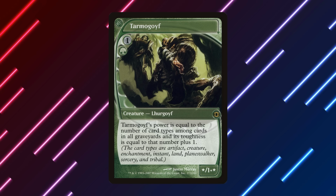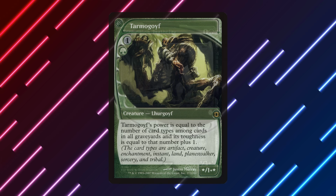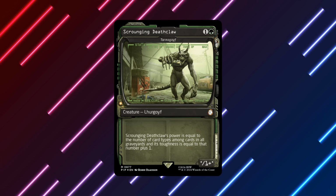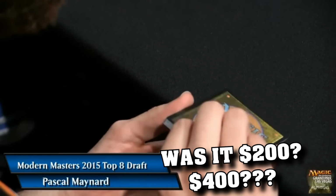Modern Masters 2 dropped. Tarmogoyf got regular reprints in Modern Masters 1, in Modern Masters 2, in Modern Masters 3, and later down the line we also got store promos, Ultimate Masters box toppers, Time Spiral Remastered, and finally Fallout. I mentioned the $200 foil price because Pascal Maynard opened one on camera at Grand Prix Vegas one year,